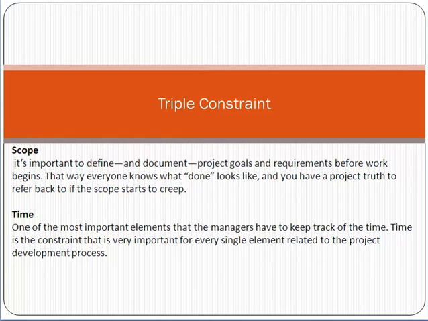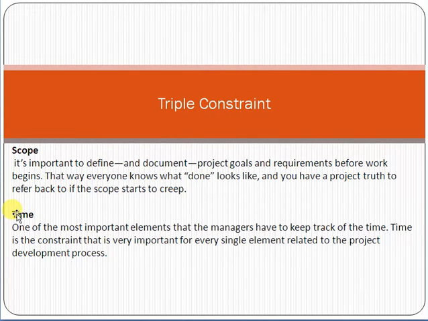The first factor is scope. Scope means, friends, what you actually have to deliver. These are in the scope document. The scope defines the boundaries of the deliverable which we are going to deliver to the customer. If there is any change in the scope, obviously it will impact the time and cost factors as well. Also, if the scope is not properly and completely defined, it will result in scope creep in a project.